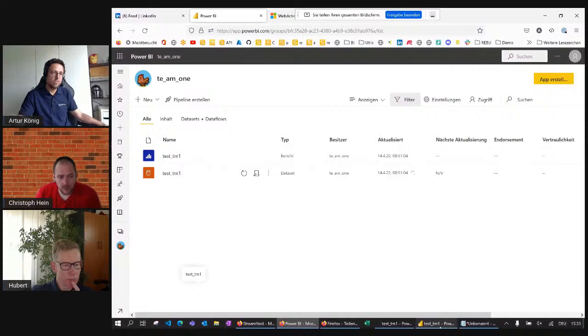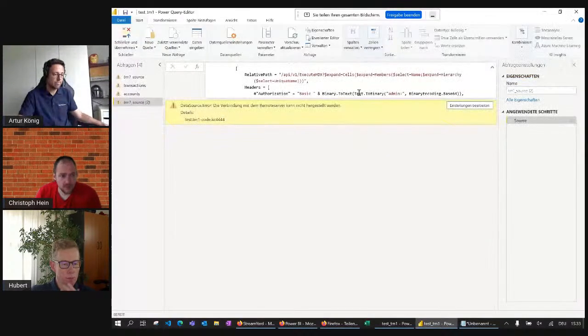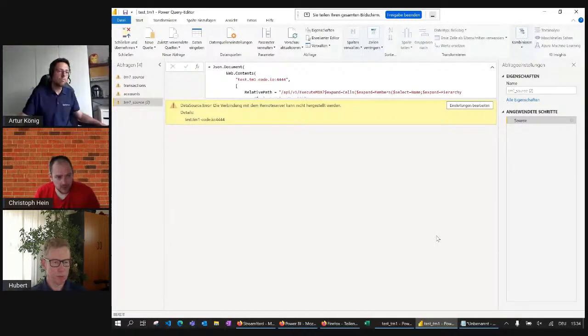What Hubert said earlier: it's not a replacement for a TM1-specific front end, because for TM1 you have to pull all the data from your TM1 database into Power BI. Every dimension, every cube, or at least every cube you need. Correct, every cube you need. And then, of course, you have to rebuild relations. And you lose stuff like